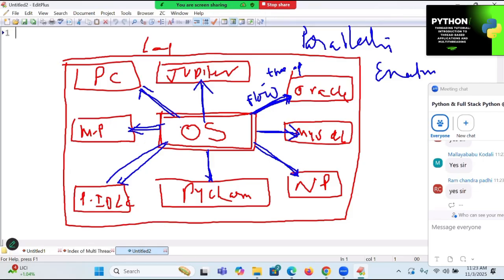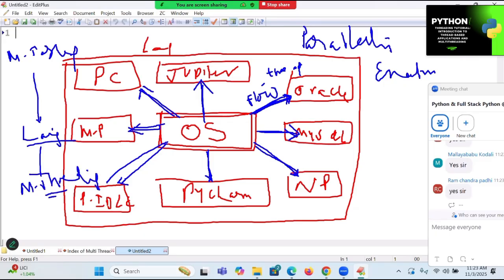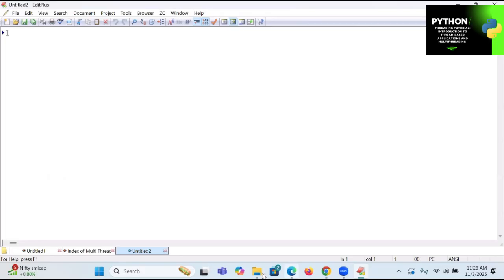At OS level, this concept is known as multitasking. This multitasking concept was brought into languages: it was brought into Java, .NET, and Python. And they named it multi-threading. So what is a multi-threaded program? If any program contains multiple threads, then that program is called multi-threaded. All these flows are known as threads. What is the definition of a thread? Flow of control.